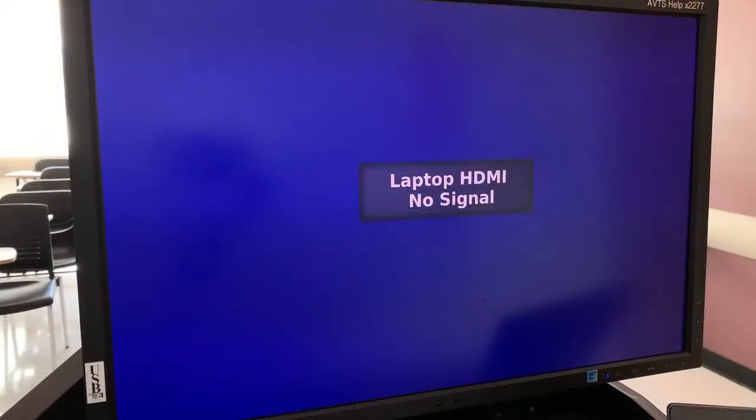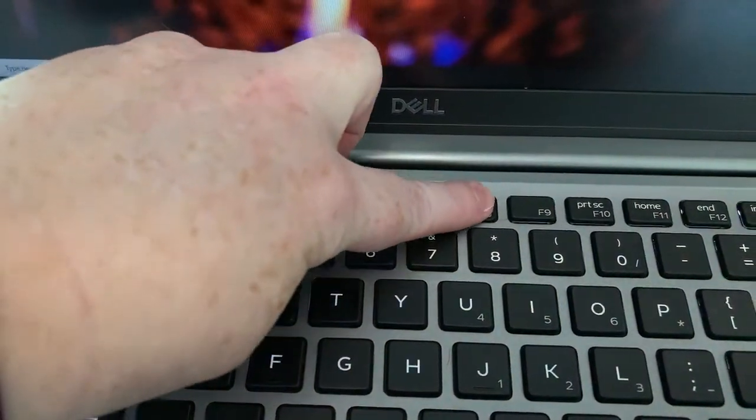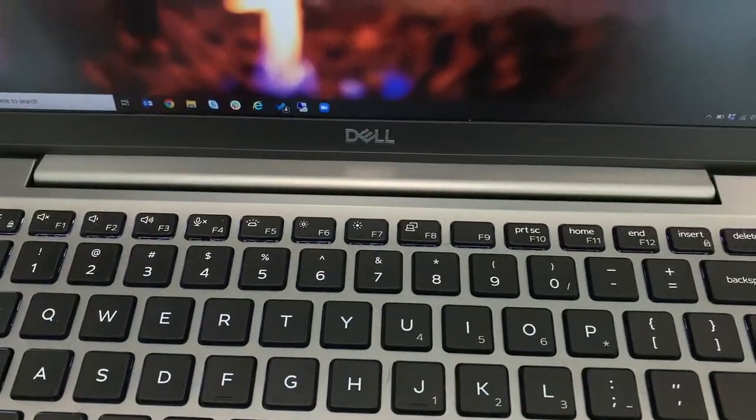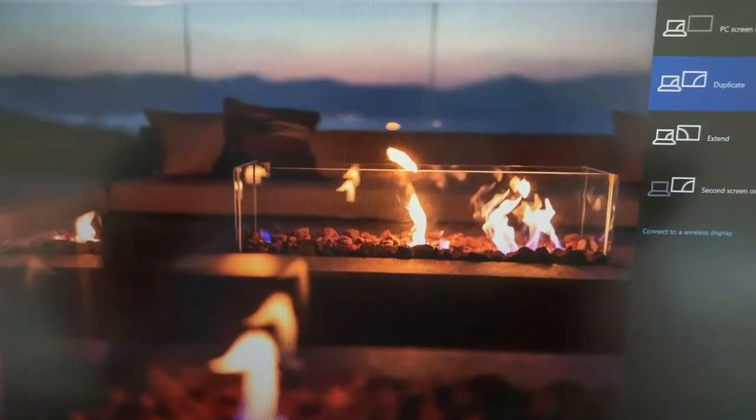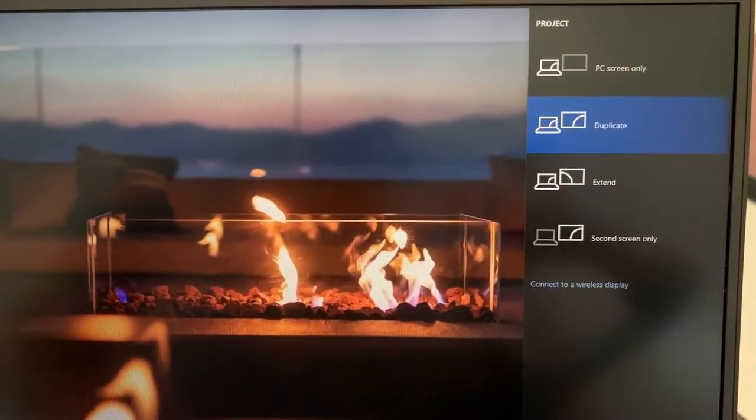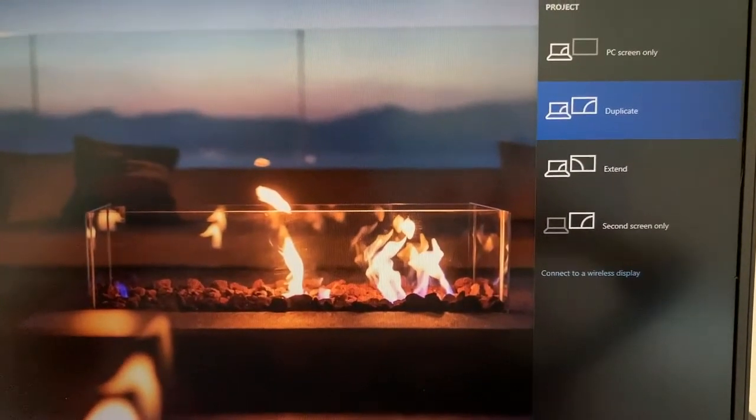However, if you have issues, you may need to refer to your laptop's help guides to see if you need to enable a feature or press a button to connect to an external display. For example, with this Windows laptop, it's necessary to press the F8 button to enable the extended monitor display and choose Duplicate to duplicate the laptop display on the projector screen.